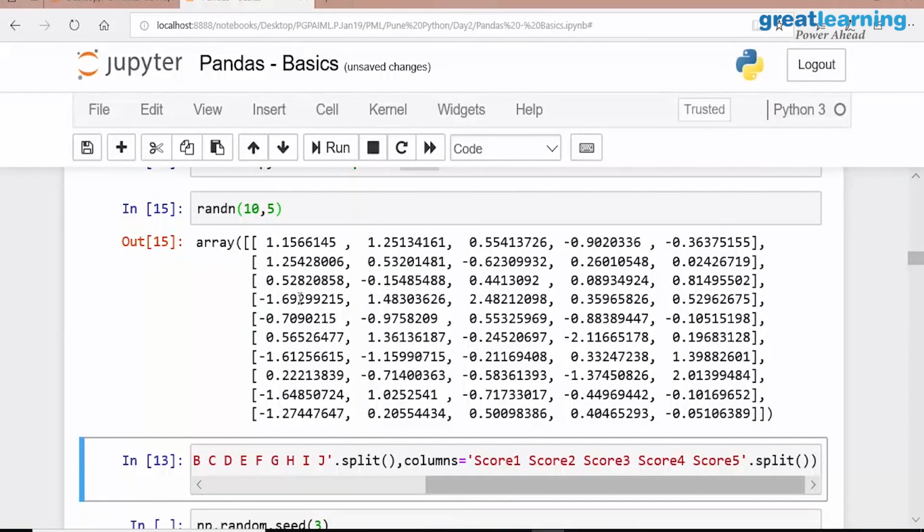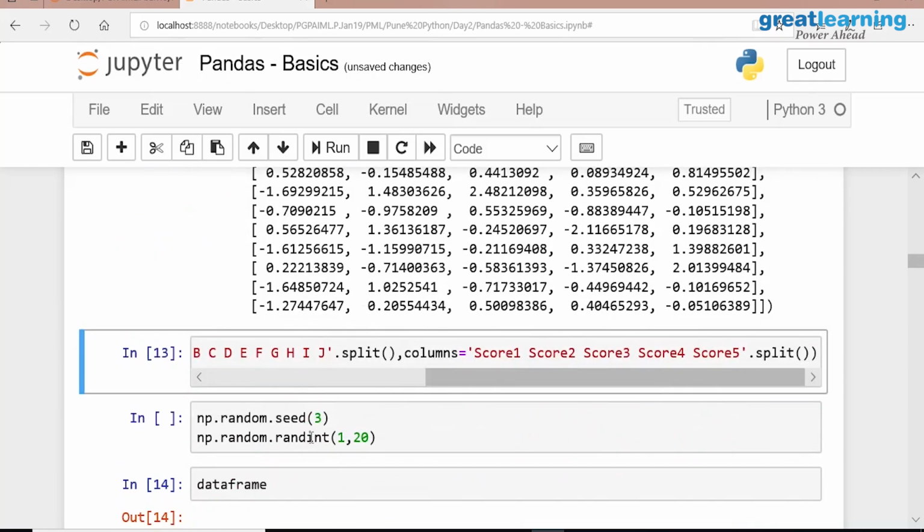But sometimes these random numbers are difficult when you are explaining to someone else. Every time it is random: you execute something here, and you go to your customer and show something, it will be different. So how do you lock this random? You want random to be generated, but you want to lock that. For that we use a concept called seeding.